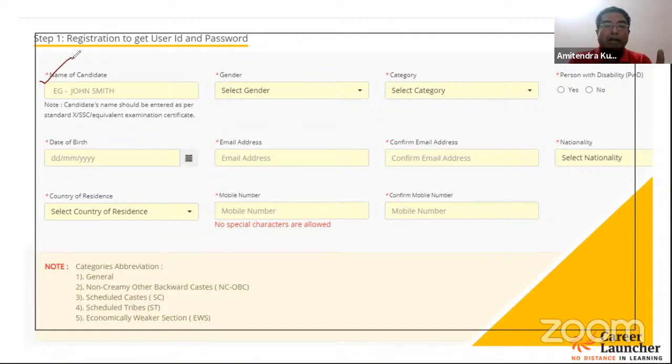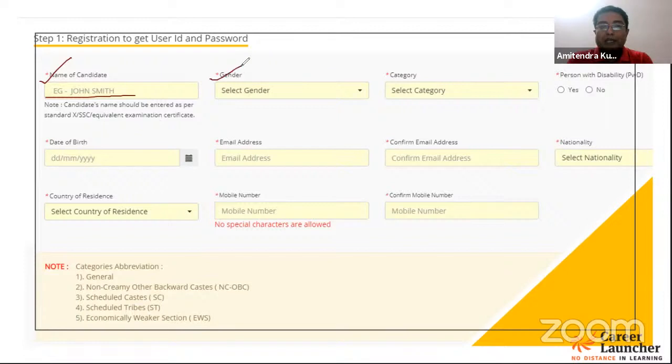So in the manner, the order in which your name appears in the class 10th certificate, in the same manner, in the same order, you have to fill your particulars over here. For example, if your surname appears first in your class 10 certificate, then you should put your surname first. But this is only one column where you have to give your name. So copy as it is from your class 10 certificate.